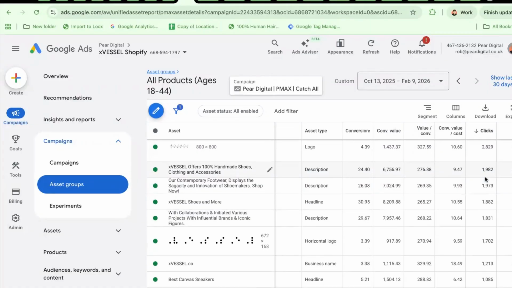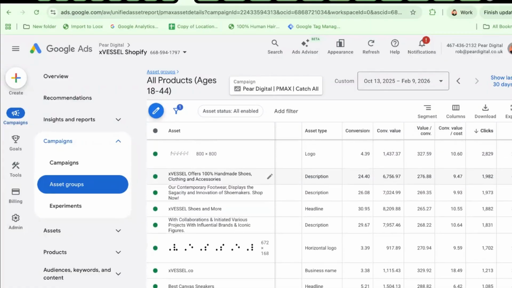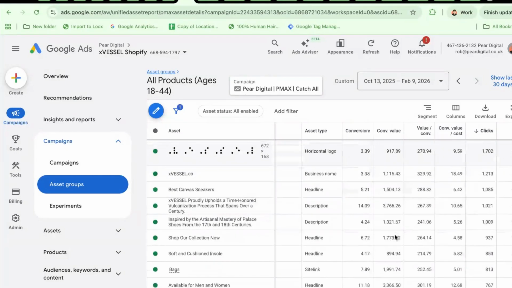So, as you can see here, these are the top text ads and ad assets that are currently in use in this PMAX campaign. And as you can see, it's generating good conversions and revenue with a return of at least 4.58x, up to 10.64 and even up to 18.49x. So we're using good text ads and assets here. So what you want to do is filter this out and replace those low performing ad assets or text ads. And also,